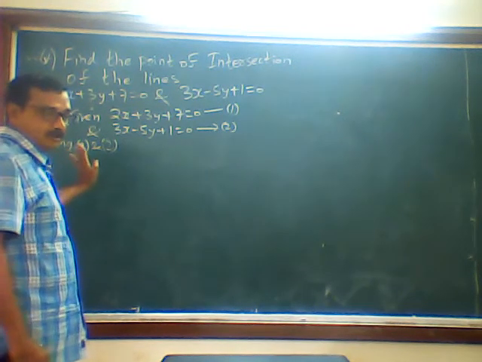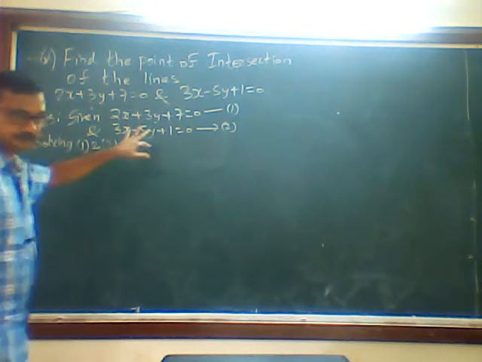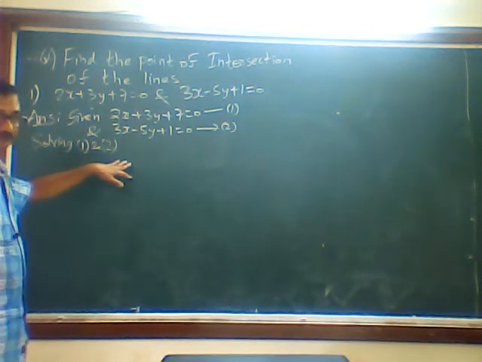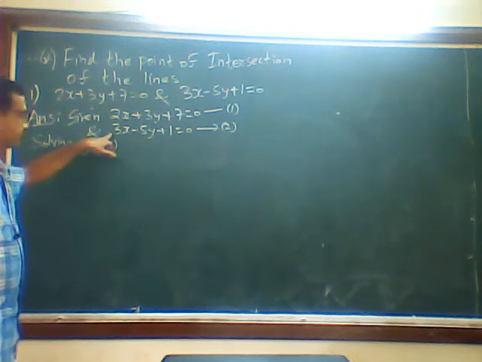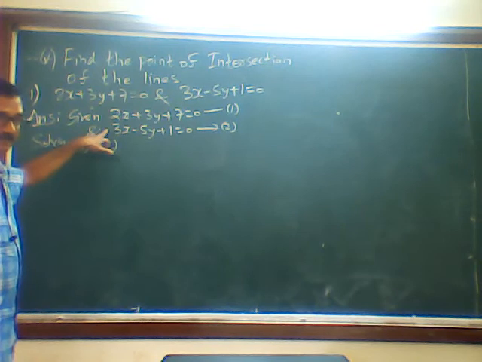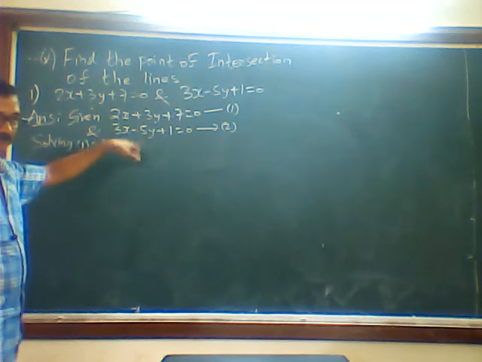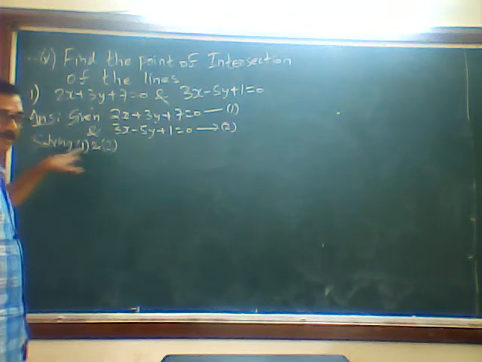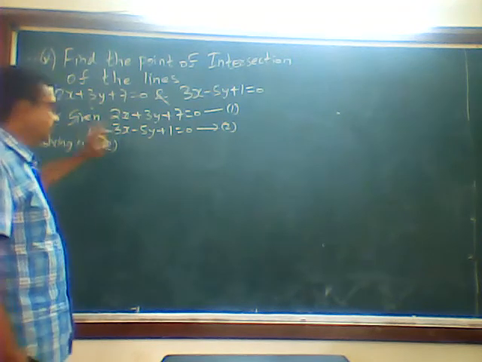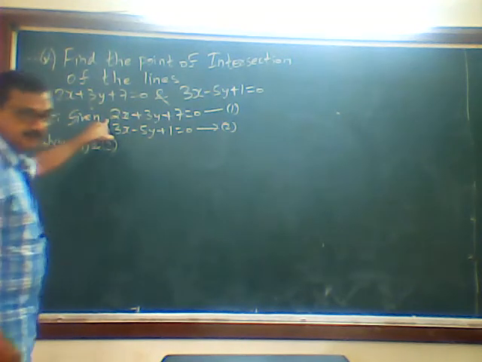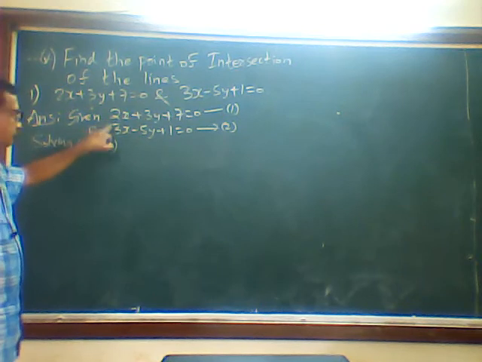Solving meaning is what? Either it is addition or subtraction between the two equations. It depends on the situation. For example, if you want to cancel x, means here minus sign will come, subtraction will take place. If you want to cancel y, according to this situation, solving will be addition. Okay. Now I will decide to cancel x. But if I want to cancel x, 2 is different from 3, 3 is different from 2. So I will make it 6.